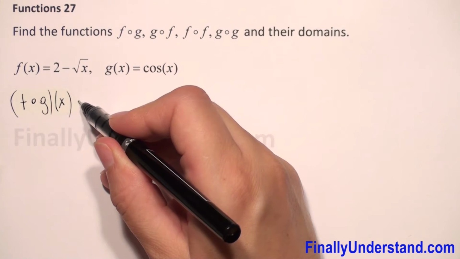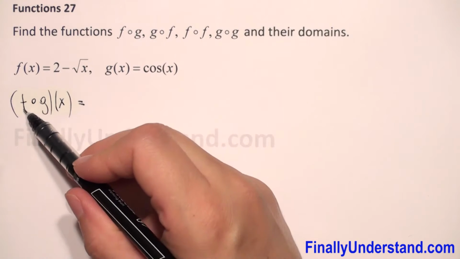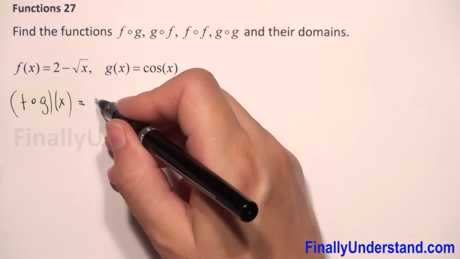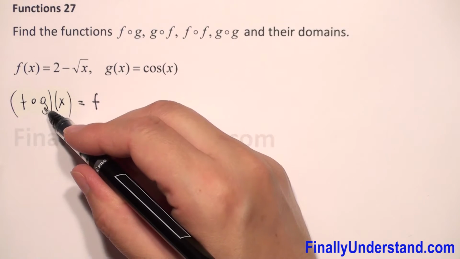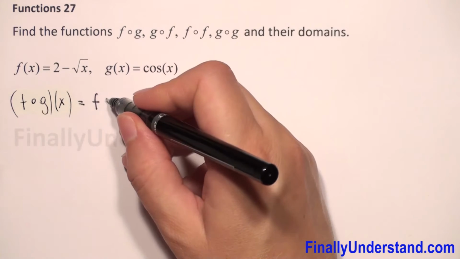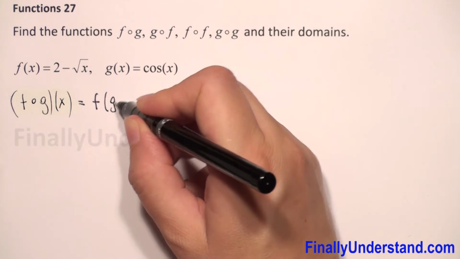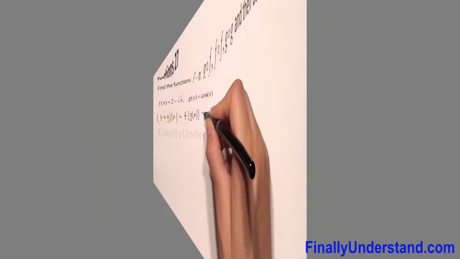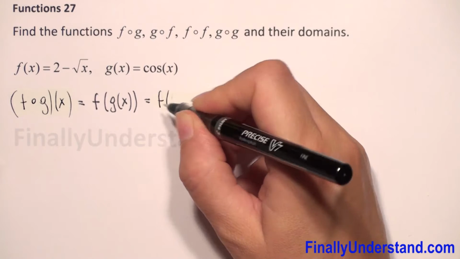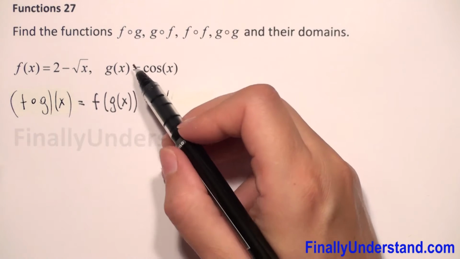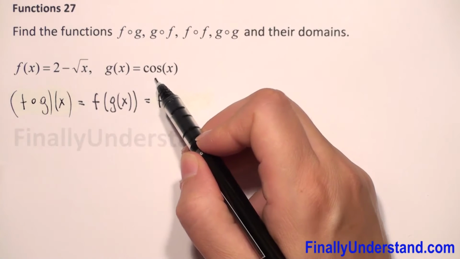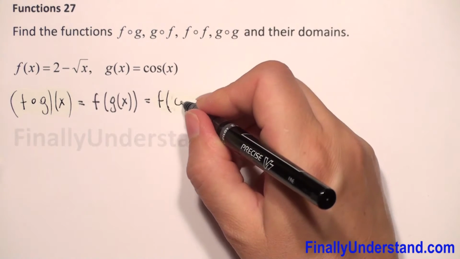So first function is f. So we just copy function f, and we have to find f of g of x. F of, and we just replace g of x by the formula of this function, which is cosine of x. We have,